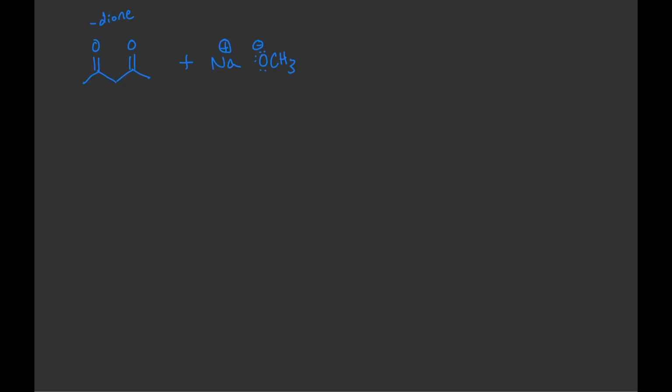Now, when looking at this dione, there are two types of protons in this molecule. We have the protons on this center carbon, and then we have protons out here on the methyl groups at the end. So when thinking about which protons we're going to attack with our base, we need to think about